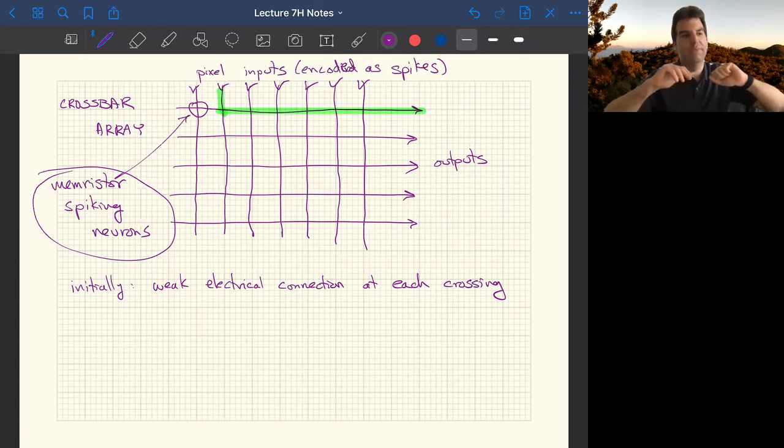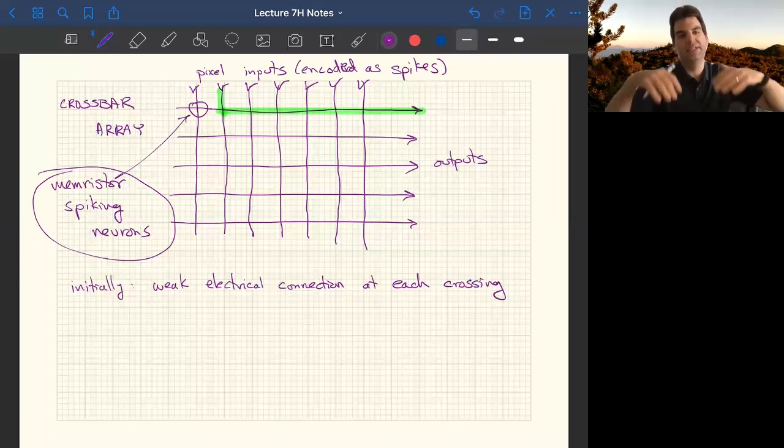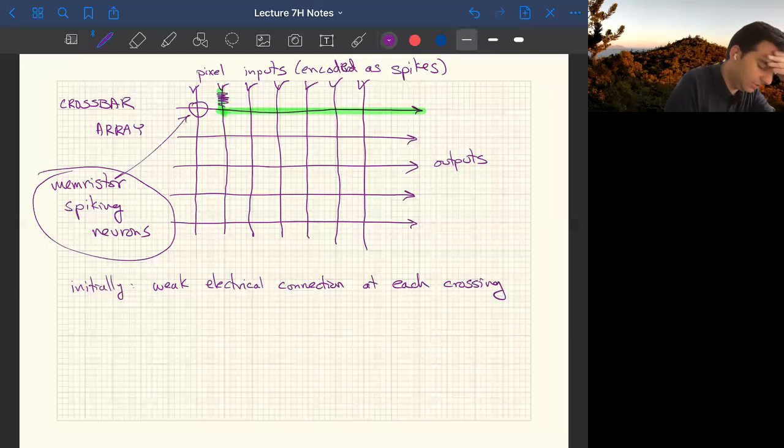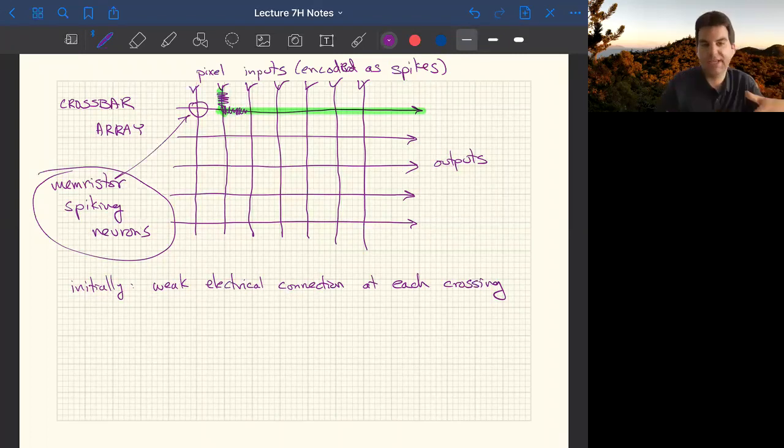And so the idea behind that is that you're going to get these spikes of intensity. And so the pixels on, you get a lot of spikes down here, which generates a lot of spikes on this here, which then is going to affect the resistances of every cross that it goes across here. Now, what if you get